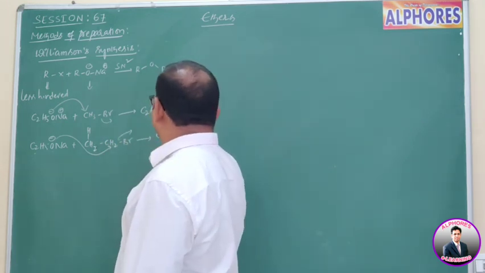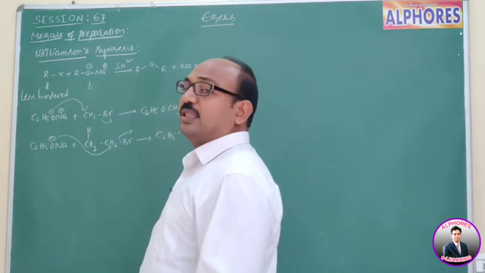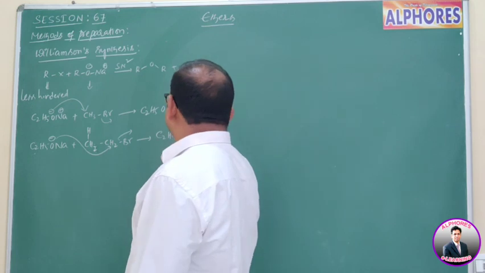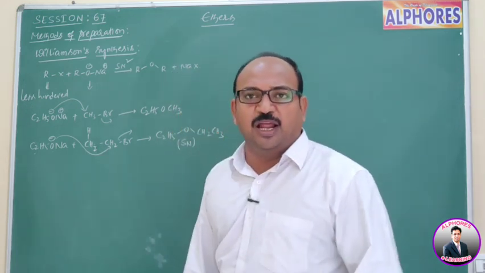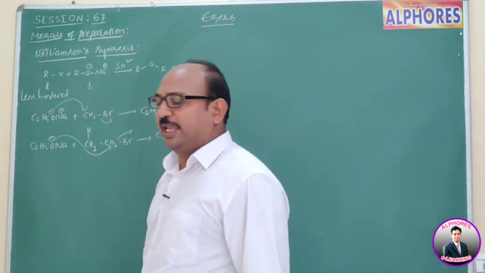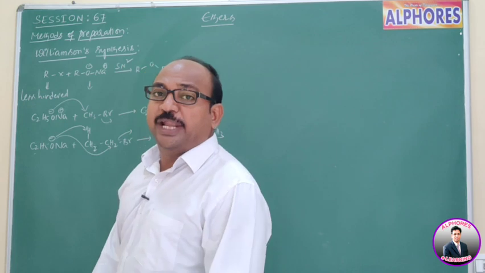Then the product is C2H5OCH2CH3. This product is what we call a substitution product. This product is a substitution product. And beyond that, there is one more possibility: this C2H5O minus may come to the beta carbon containing hydrogen